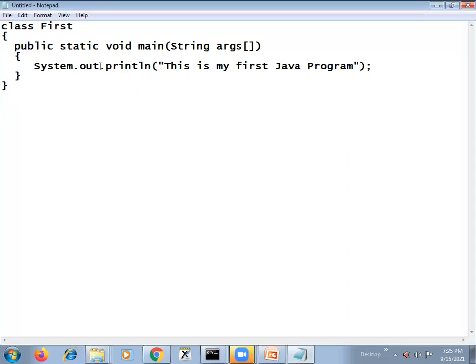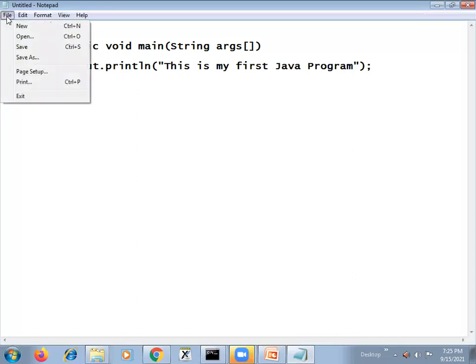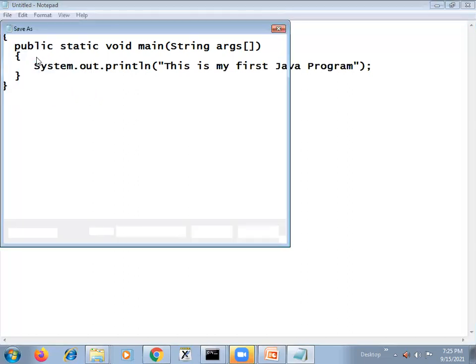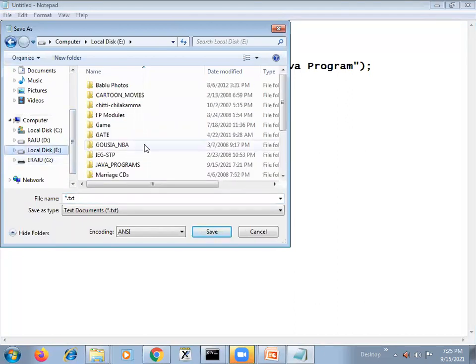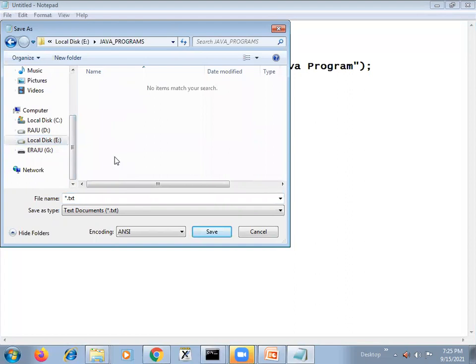Now we need to save this program. How to save this program? You click Save As. Where do you want to store it? In E drive, you have a folder called Java programs. Here you want to save your program. If you save your program without checking this type here, what happens? It will be saved as .txt. That's why you need to make this type as All Files, and your file name you should give